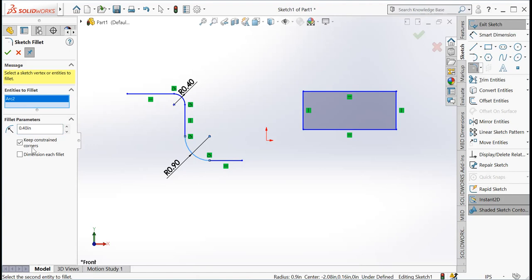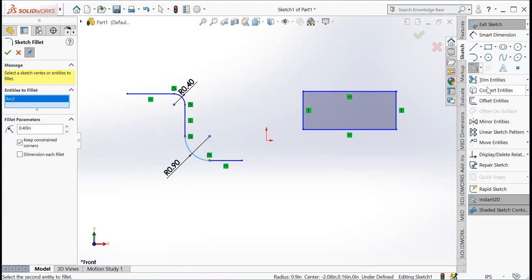Okay, sorry, the change here is not able to happen. We will check what the reason is. But here we can see that by selecting these two edges in these entities and providing the proper radius, we can get the fillet or the smoother edges.